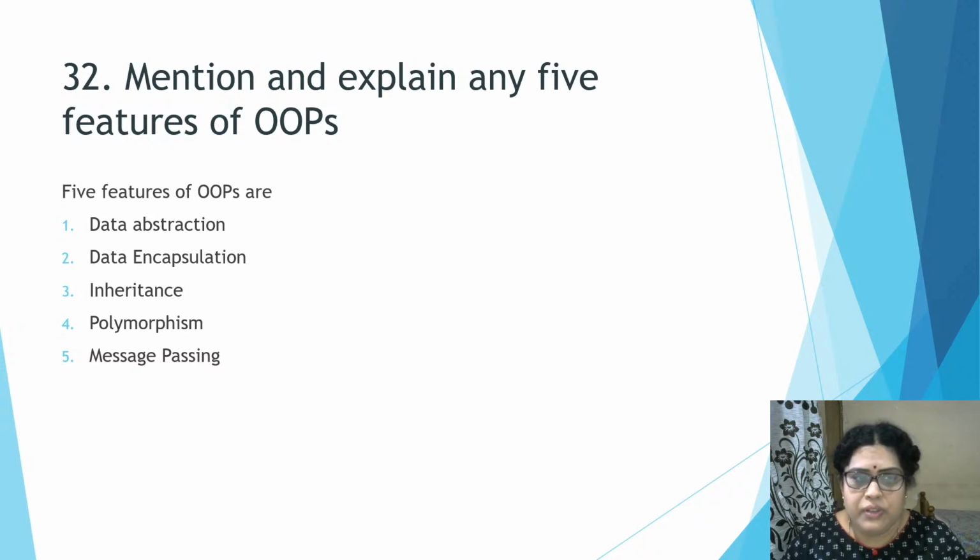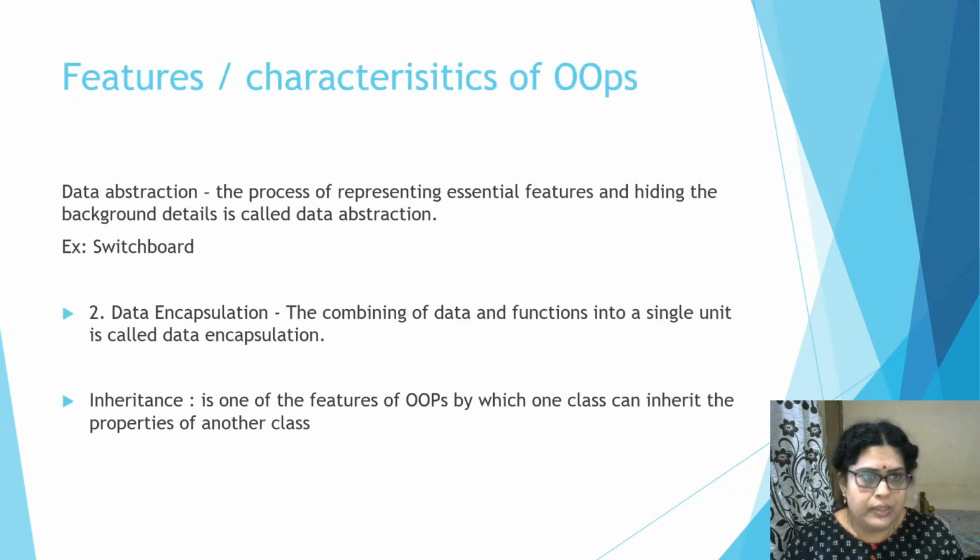I have given here 5 different features or characteristics of OOPS. They are data abstraction, data encapsulation, inheritance, polymorphism, message passing. They have asked you to explain, so you cannot just leave your answers like this. It's a 5-mark question, so you have to write 1 line or 2 lines, or the definition for that. Am I clear about this? Yes. So here, data abstraction is the process of